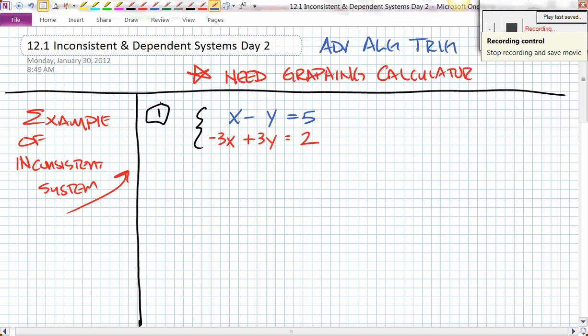We're going to start with an example of an inconsistent system. So, do you have your graphing calculators, right? Everybody has their calculators out? Okay, first off,